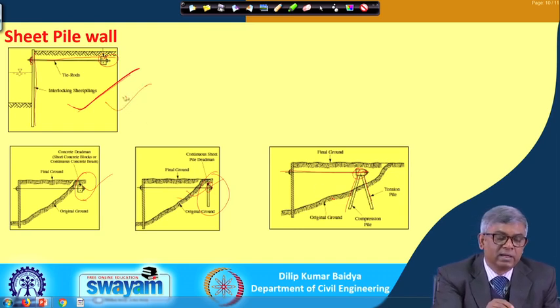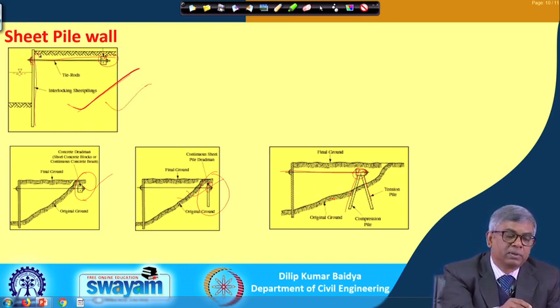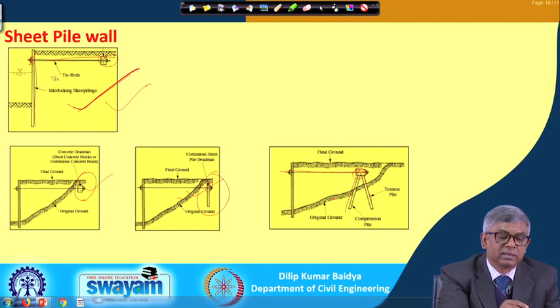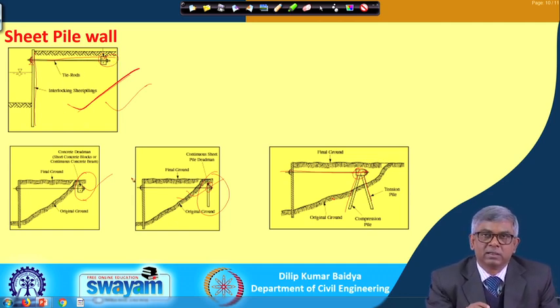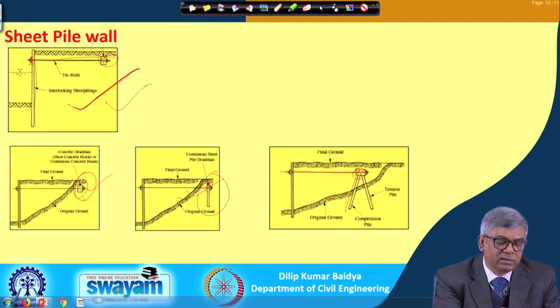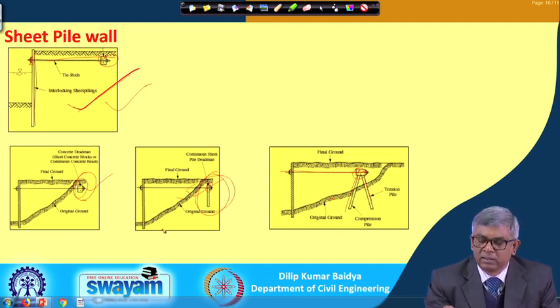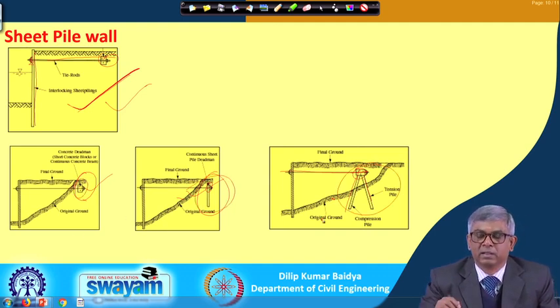In general, anchored means that from some level below the ground level, if it is connected to the sheet pile and it is anchored somewhere, then that is called an anchored sheet pile. And what are the different ways of anchoring? This is one, dead weight; this is one by wall; and this is one, sometimes batter pile connection here.